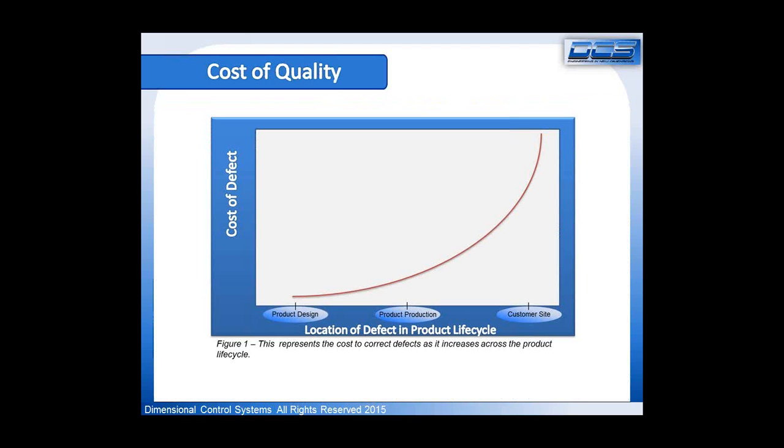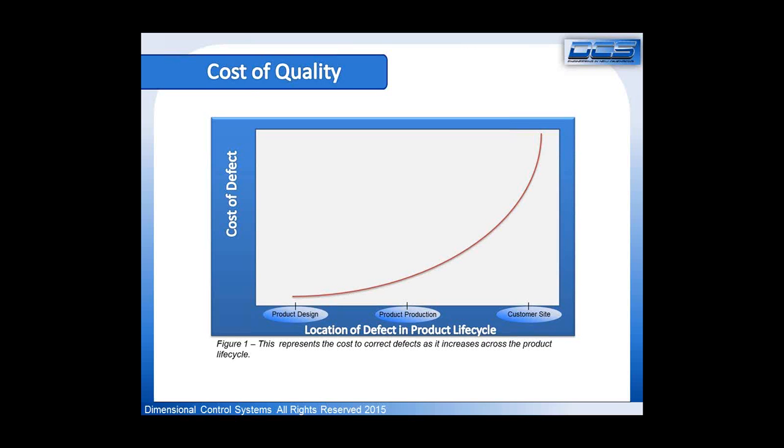As we think about the topic of today, we always want to frame where we're going with what we're doing with our customers around the topic of cost of quality. This is a chart that has made its way around, produced by the analyst community, but it is a very simple depiction, and that is that the earlier in the product life cycle a defect can be identified and addressed,